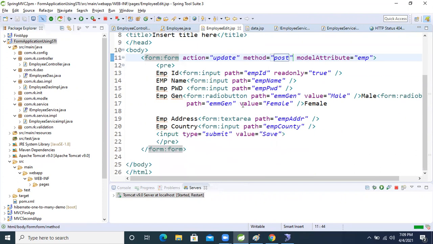Okay, now fine, guys. Here it says save, but now it should be update, not save. Update, fine. Yeah, this one is fine.